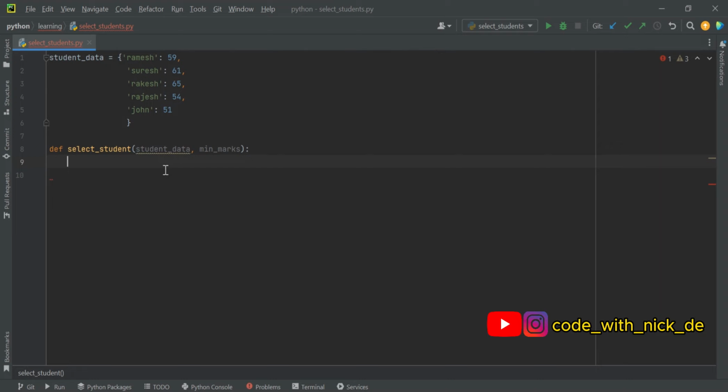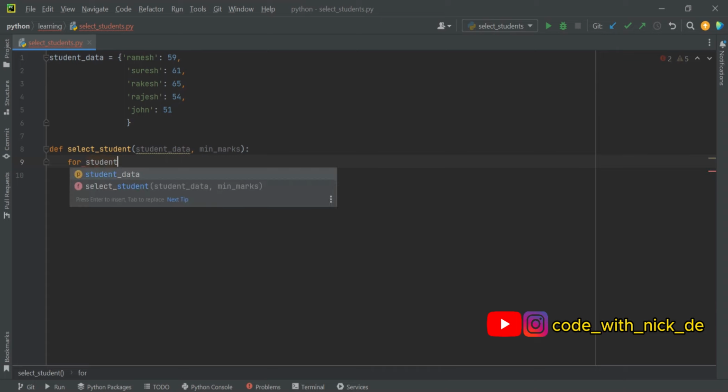We will iterate over this student data. We will say for, since it's a key value, key comma value. To better understand, let's say student comma mark